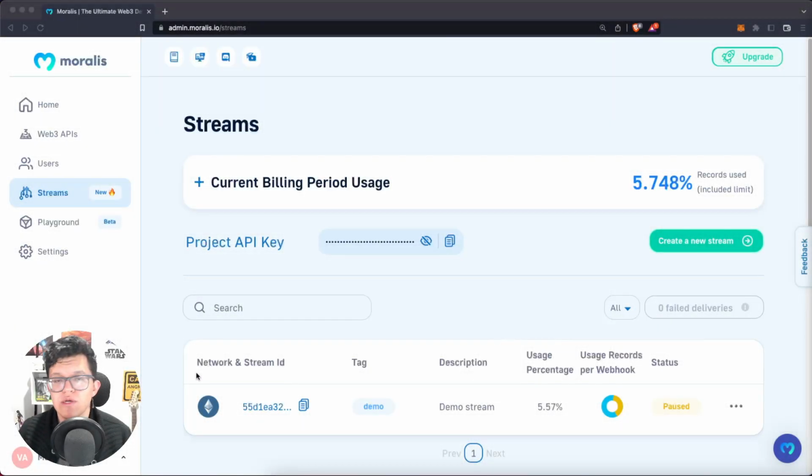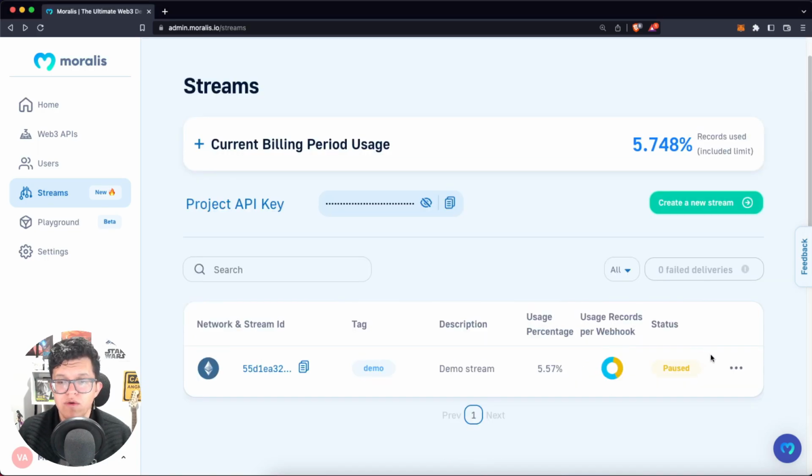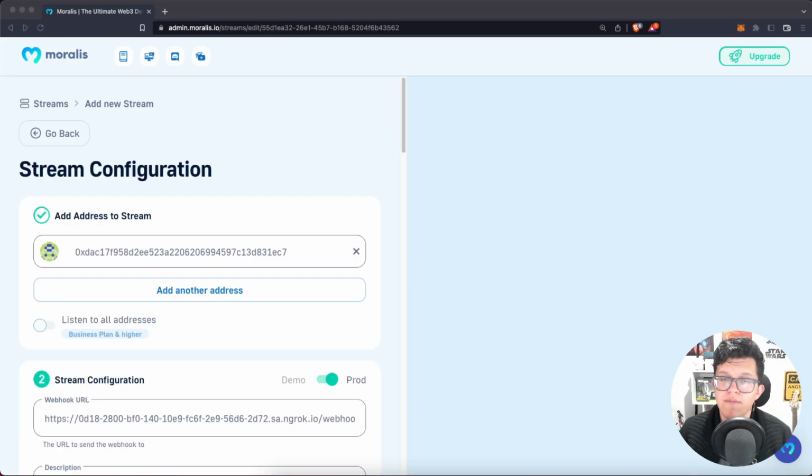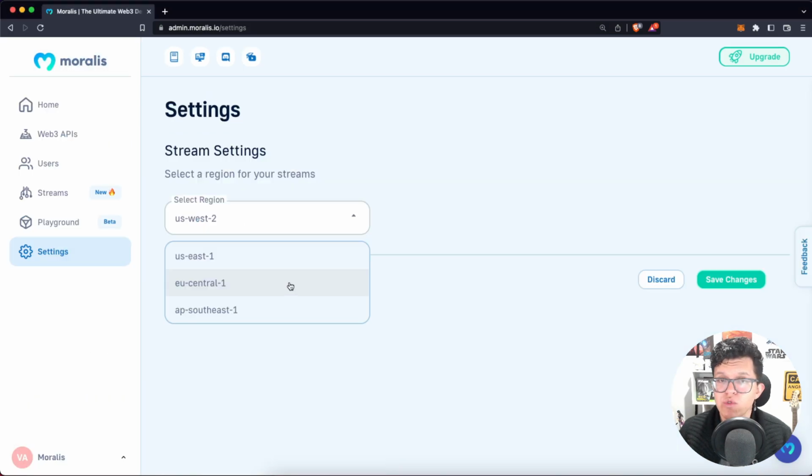Moralis Streams provides a really easy to use and comfortable user interface to interact with your streams. Here on your admin panel, you can pause or start your streams. You can set up some parameters on the D tab, such as the webhook URL. And also in the settings, you can set up the closest region for you in order to get the fastest